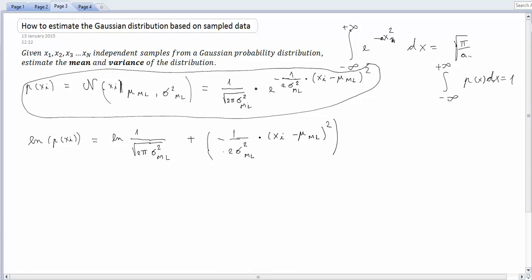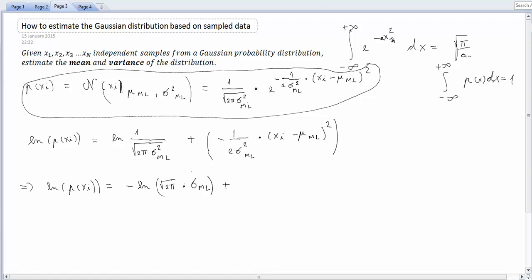Okay, everything in brackets. And now I'm going to do some more logarithm push-ups, and I'm going to go as far as saying that, well, I don't know how much we need to simplify for future calculations, so I will just say that this equals minus the logarithm of the square root of 2 pi multiplied by sigma ml, which is correct,